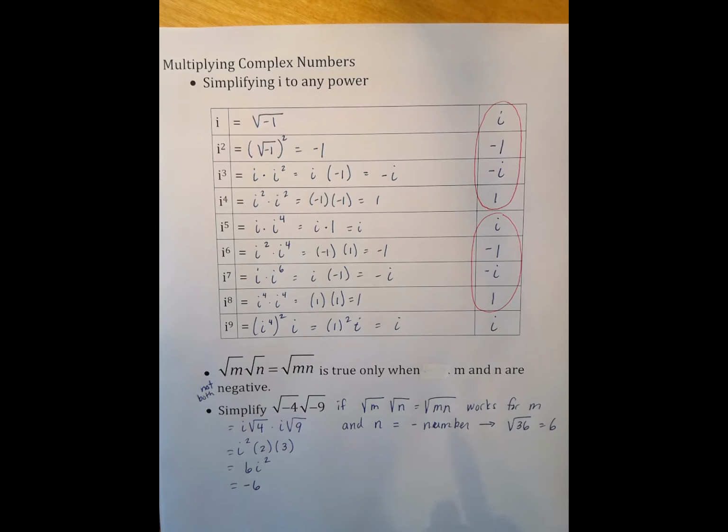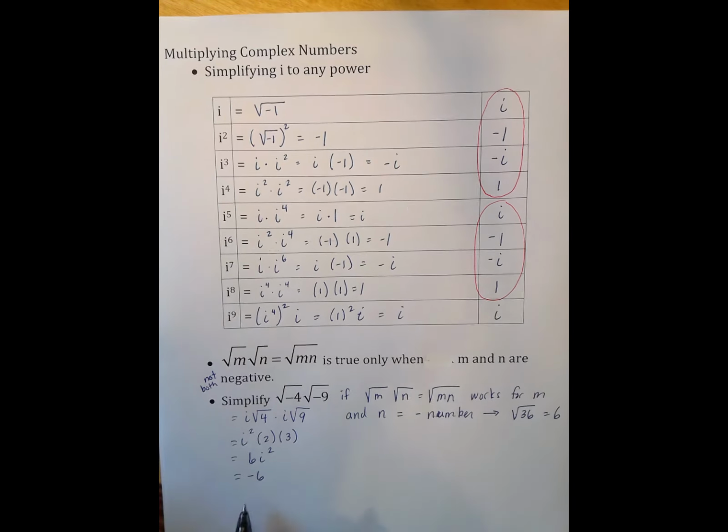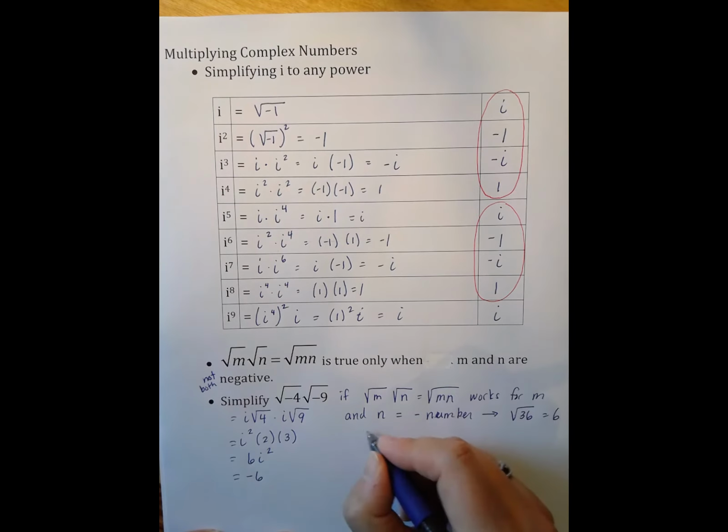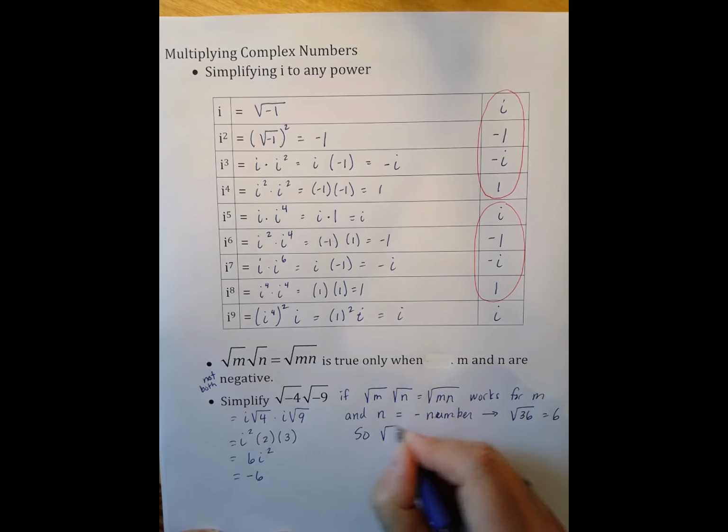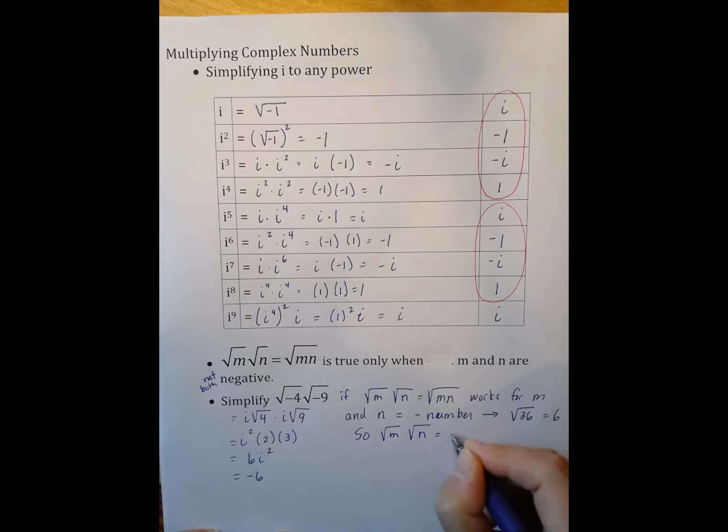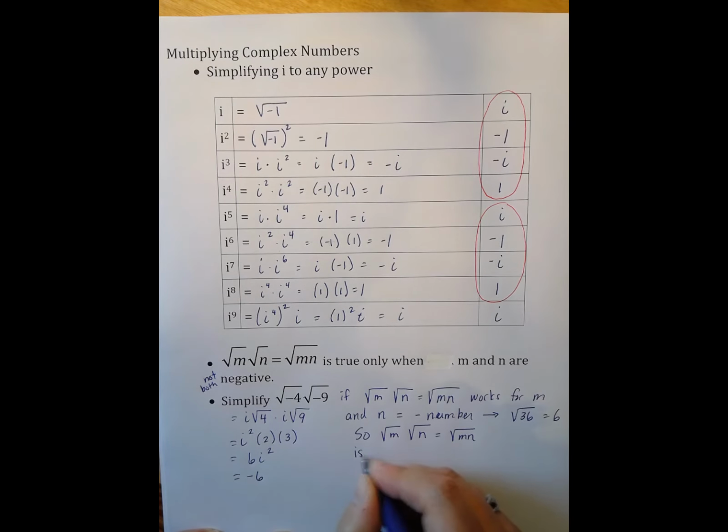So there's a discrepancy here. There's a contradiction. It can't be that the answer is both, at the same time, positive 6 and negative 6. So mathematicians had to come to a reasonable conclusion about which was going to be the correct answer. And in order for the system to be consistent, they decided that it was the negative 6. So the square root of m times the square root of n equals the square root of mn is true only if m and n are not both